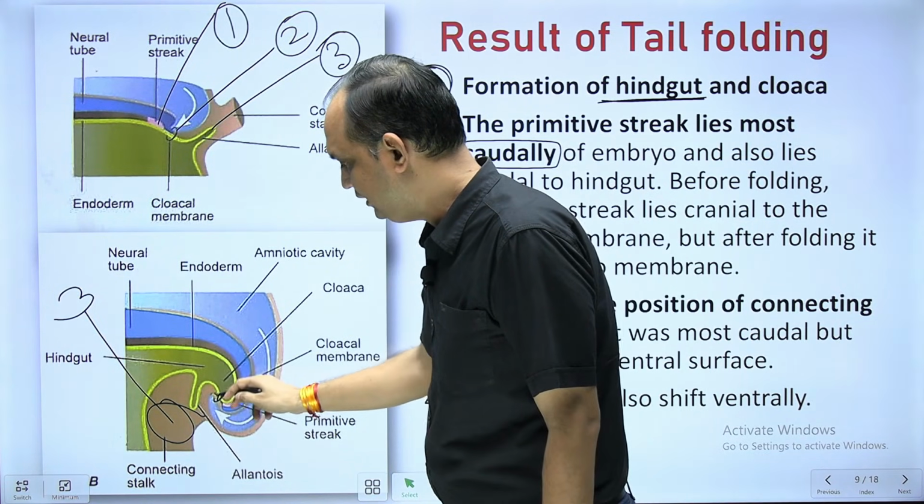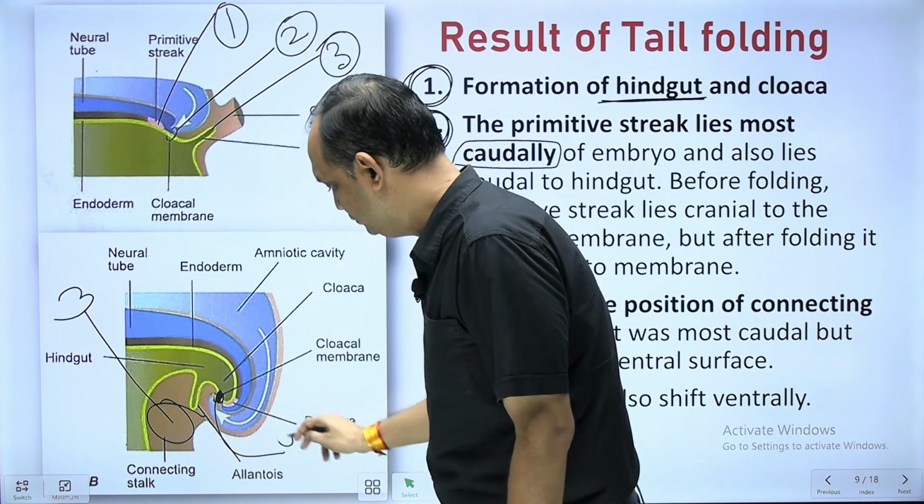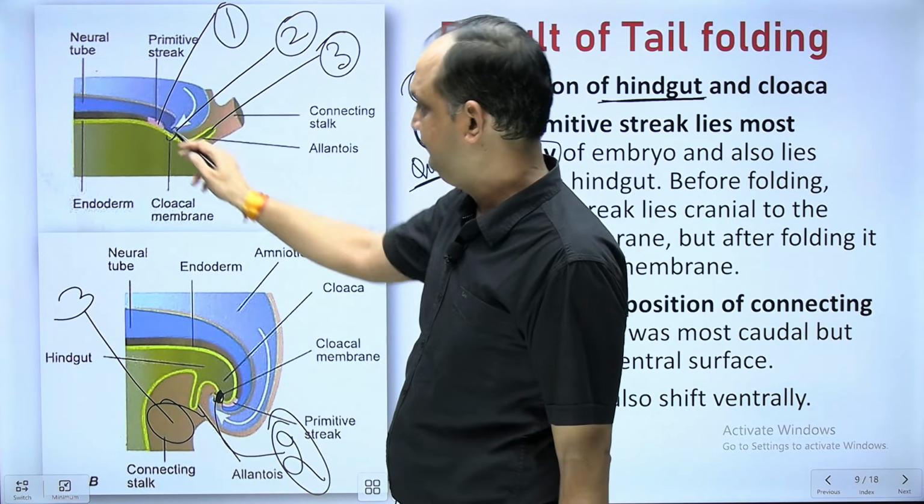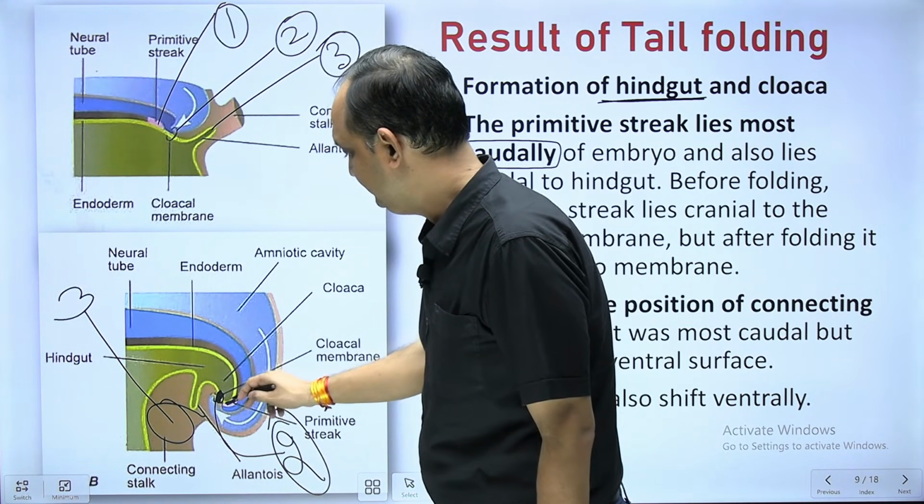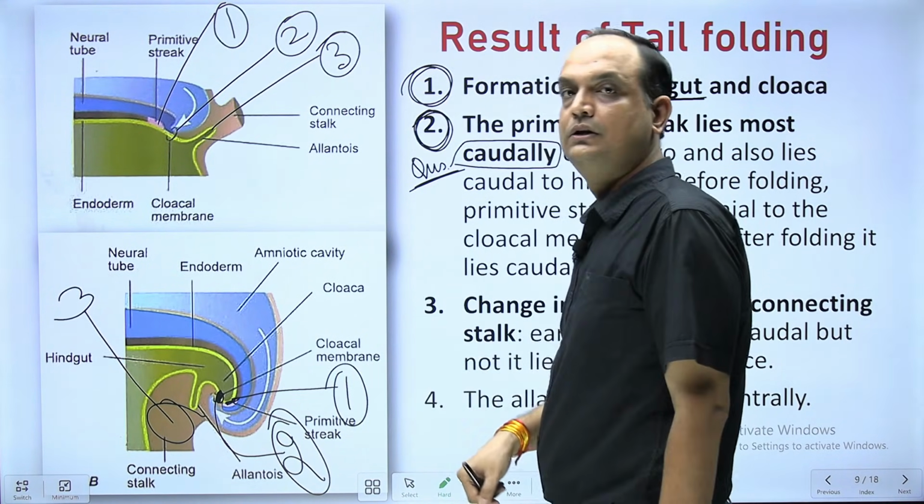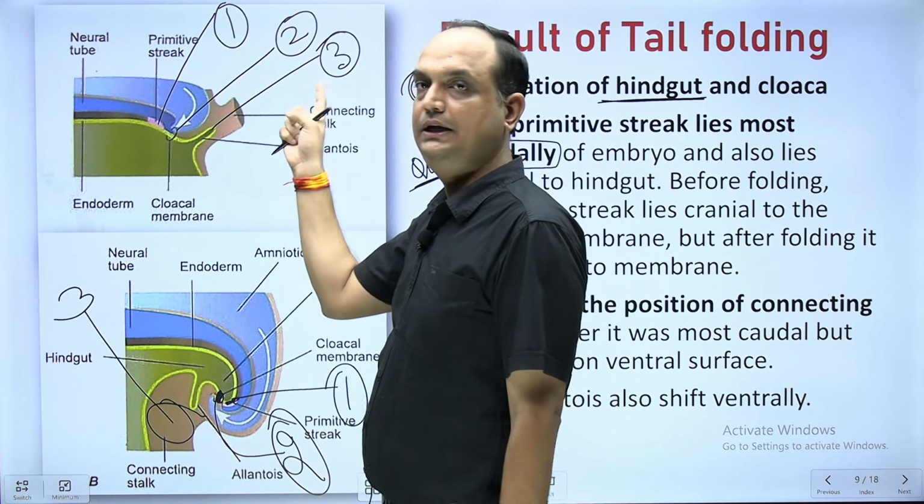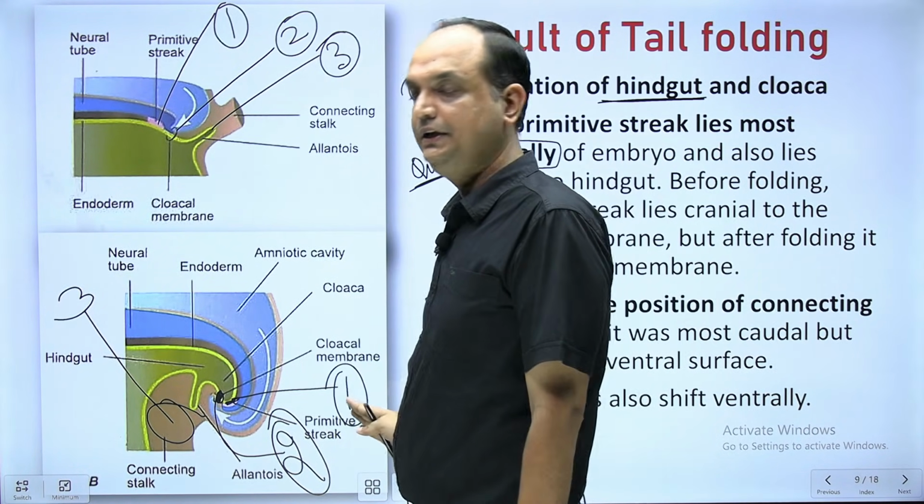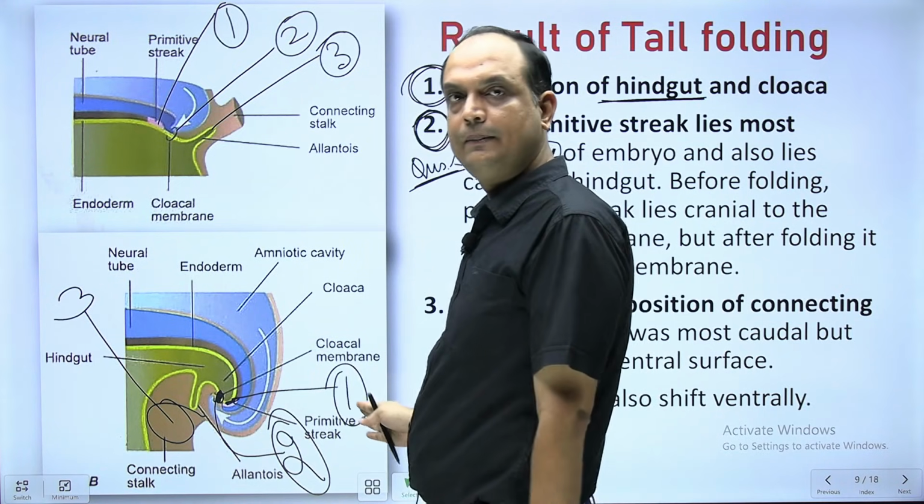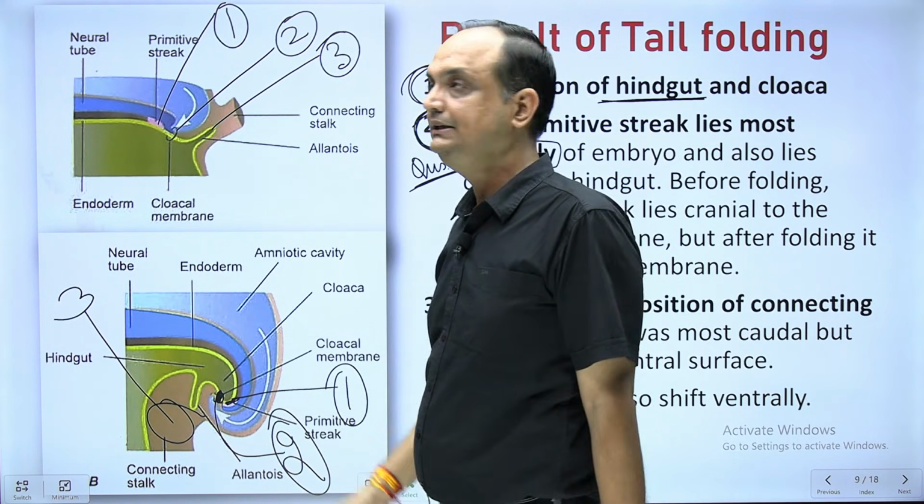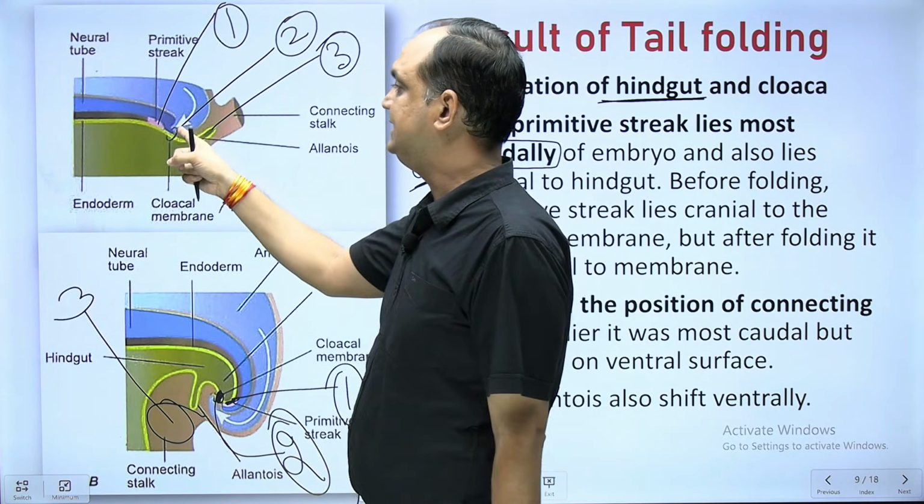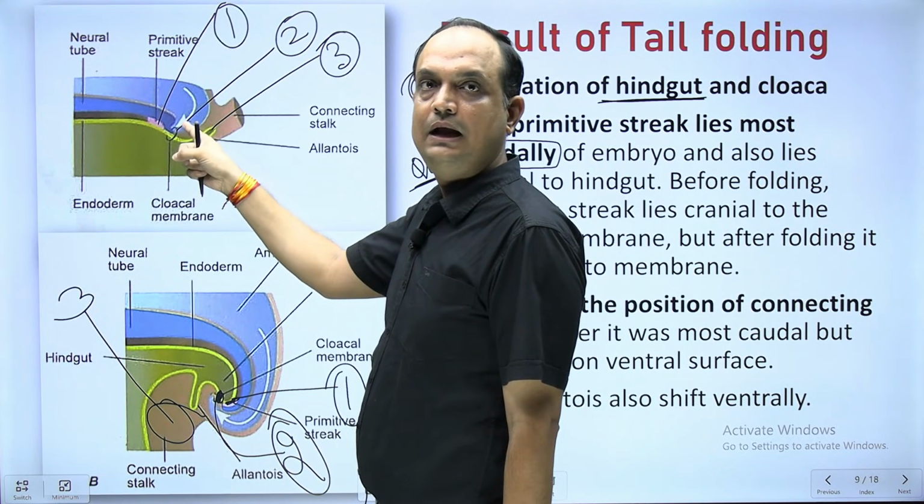So this is the area of cloacal membrane, that is 2. Now where is the primitive streak? So this is your primitive streak, so this is your 1. So what is the relation here? 1, 2, 3, and what is the relation here from anterior to posterior? 3, 2, 1. So here what you are realizing is that the primitive streak lies anterior to the cloacal membrane, and the cloacal